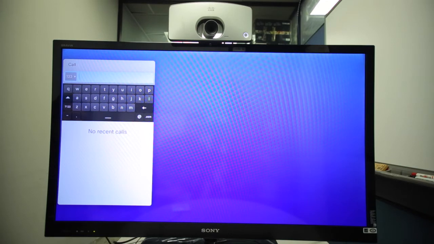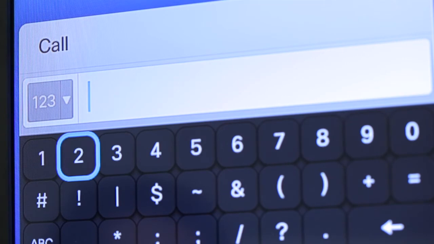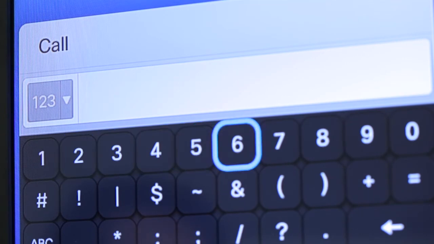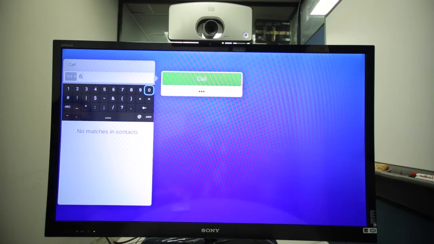Immediately a keypad will appear on the screen. You can surf between its letters and options. If you select the numeric keypad, you can dial the service number we will provide you in order to connect to the video conference class in the Monterrey Tech. For example, you can dial 6020 with the numeric keypad and then select the letters keypad and dial the domain at